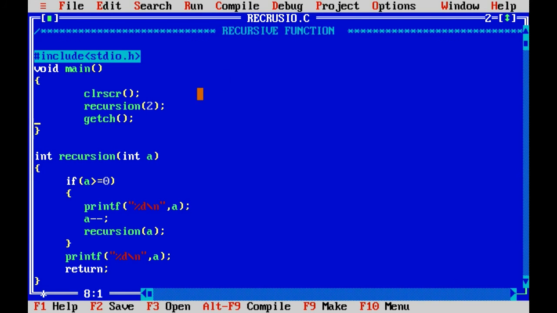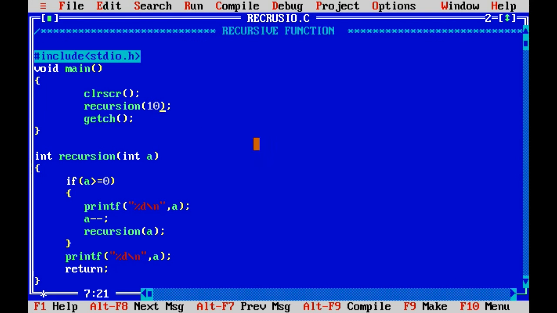See, 2 1 0 -1 -1 0 1. This is what happened after the recursion condition went false. The same way, when we give a greater number, we will get more values and it keeps on coming backwards. That is basically what is happening in recursion. We run this again and see.